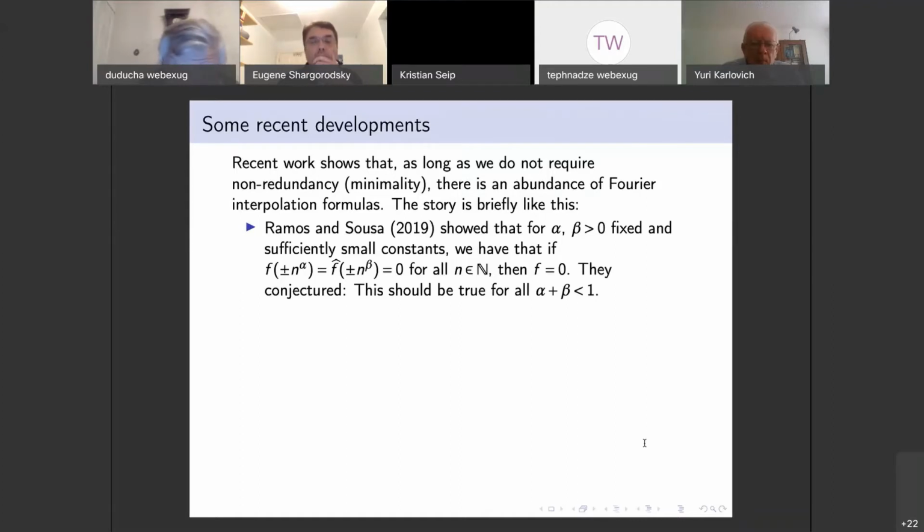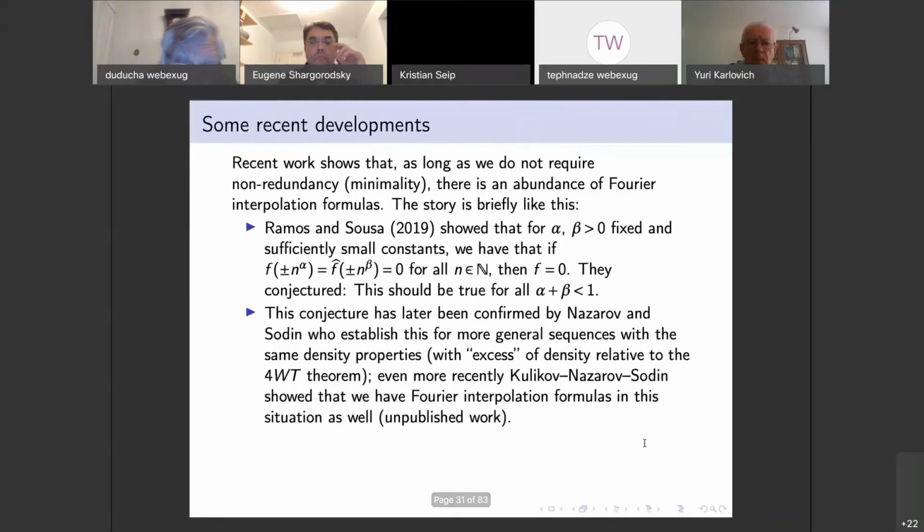So Ramos and Sousa asked themselves, well, what if we replace the square root of the integers by something like n to the alpha and n to the beta on the two sides? They asked for uniqueness, so that vanishing on both sides would force the function to be 0. And they conjectured that this should happen if the sum of alpha and beta is less than 1. This was then taken up by Nazarov and Sodin, who were able to prove this and much more,